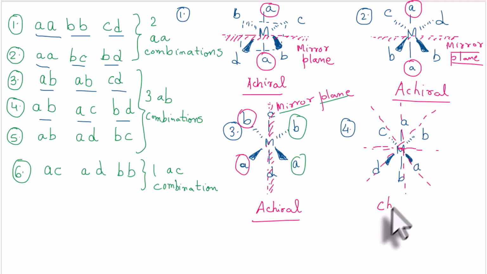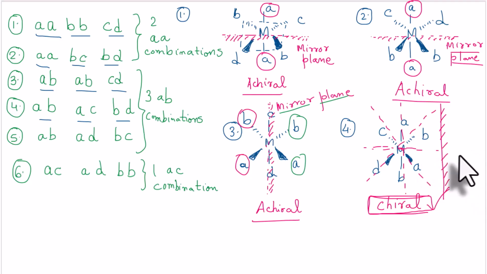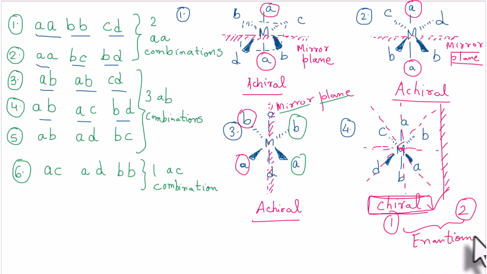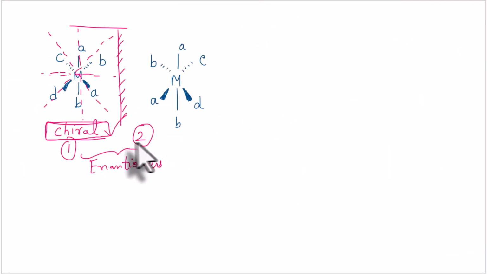That means this ligand combination is chiral. The structure which arises from this particular ligand combination is the chiral structure. That means this structure will give us a mirror image which is also chiral, so this is one, this is second. These two mirror images will be enantiomers. So we get enantiomers from this fourth structure. You can see the second structure that I have drawn here for the fourth ligand combination: here are mirror images 1 and 2, and these two are the enantiomers.